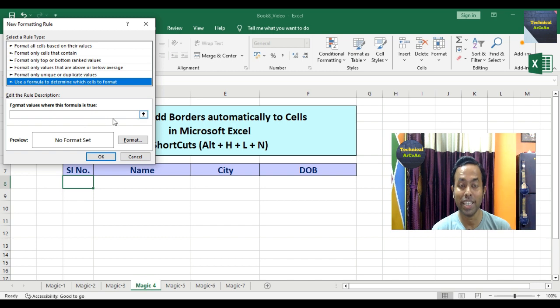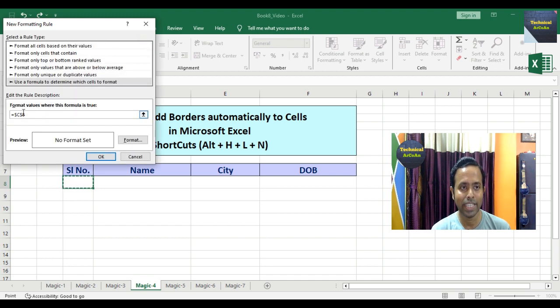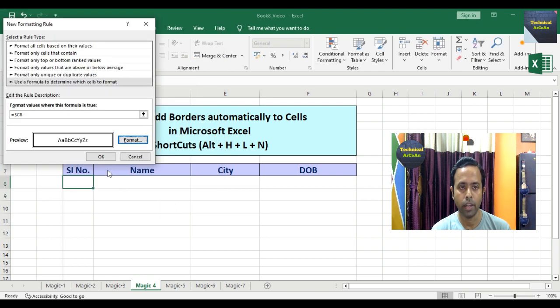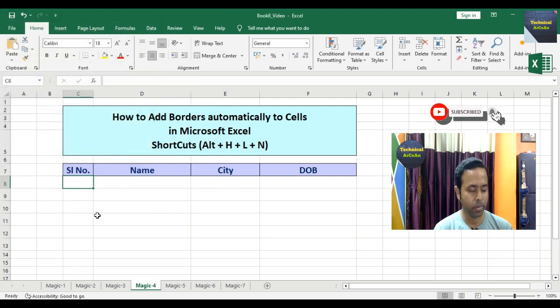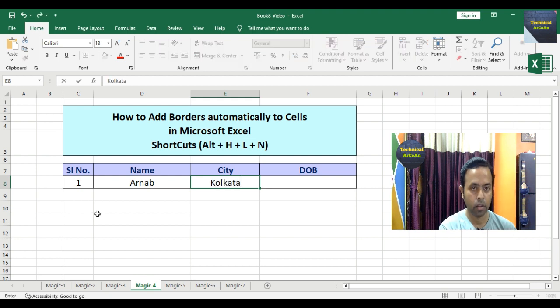Then choose the cell where you want the border to start from the beginning. Choose this position, and then delete the $ sign before 8, right? Then go to Format, choose the outline border, and press OK, and then press OK. Now suppose we put some data. Number 1, write Arnab, city Kolkata, date of birth